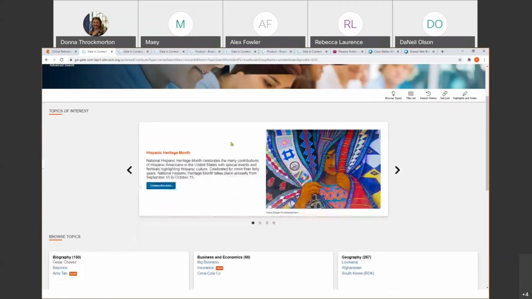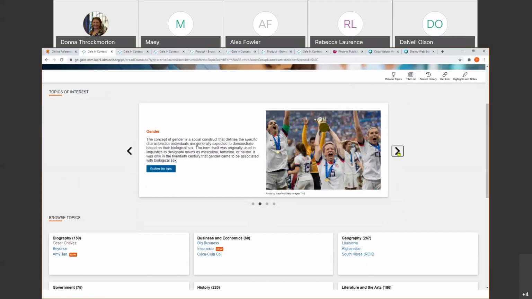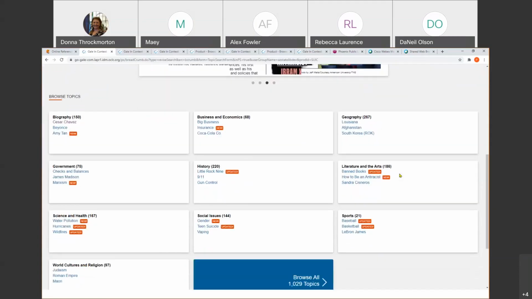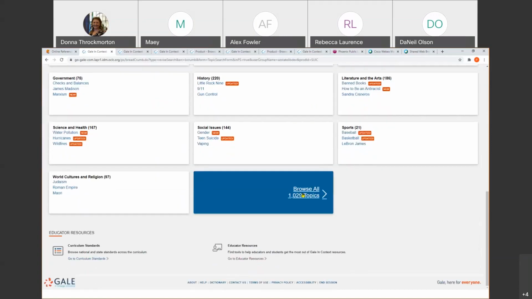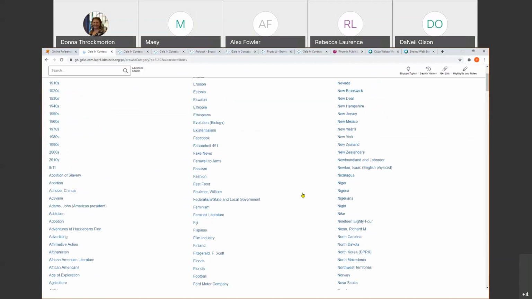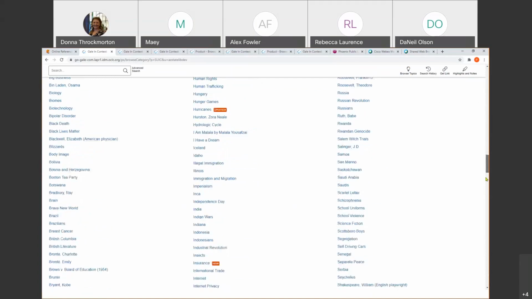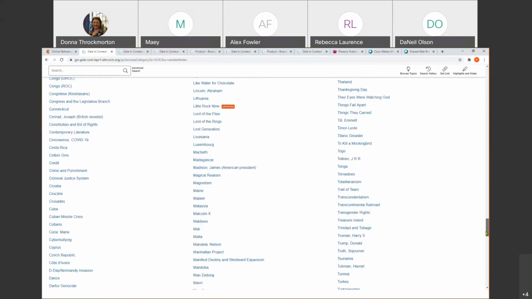And as I mentioned, you have this scroll function of topics of interest. You can just click through this. And again, these are the predefined areas, and you can also look at all 1,000 topics they've created. And they have tons of topics. And again, just because you don't see your topic in here does not mean they don't have anything related to a topic.